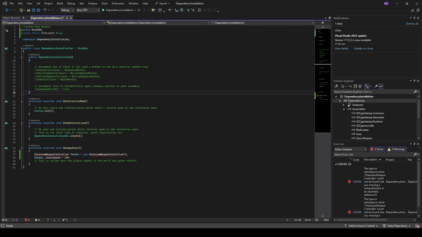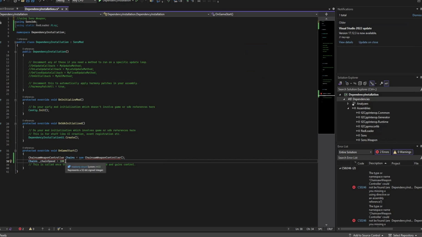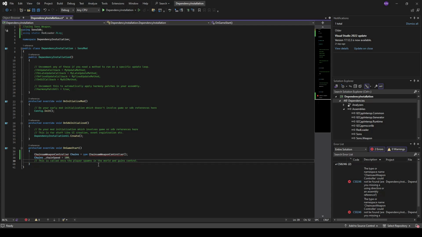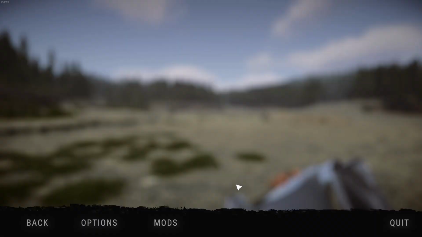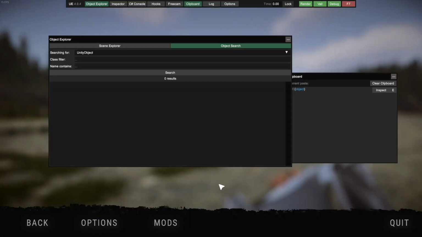based on data in-game. You can see that the chainsaw weapon controller has a red line under it. And if we hover over it, you can see that it says it's missing a directory or assembly reference. Let's see if we can fix that. The first thing we need to do is to load up the game with Unity Explorer. Let's do that now. Once you are in game, press F7 to open Unity Explorer, and then immediately go to